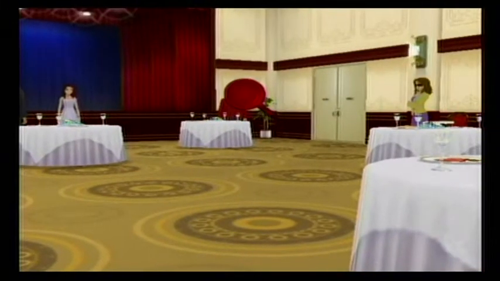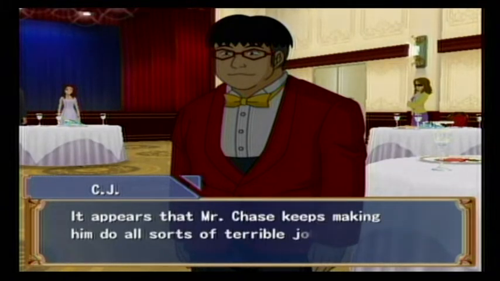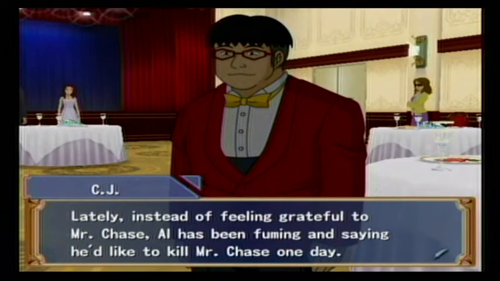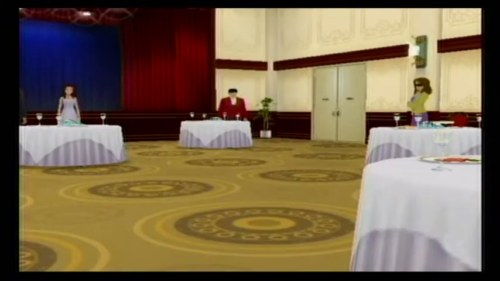And now we have this guy. Al Watson. He went into heavy debt due to gambling, but Mr. Chase took the debt. But it appears that Mr. Chase keeps making him do all kinds of terrible jobs. Instead of feeling grateful, Al's been fuming and saying he'd like to kill Mr. Chase one day. Is that foreshadowing I hear? And last but not least...